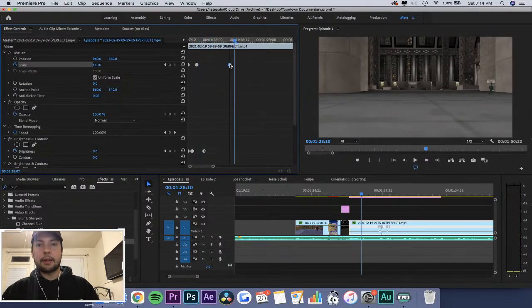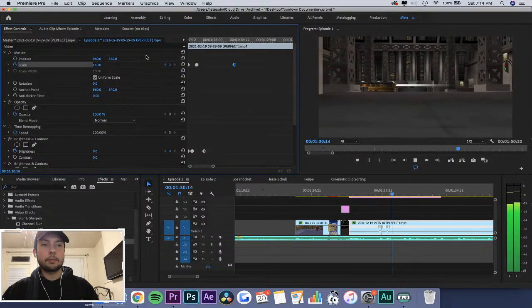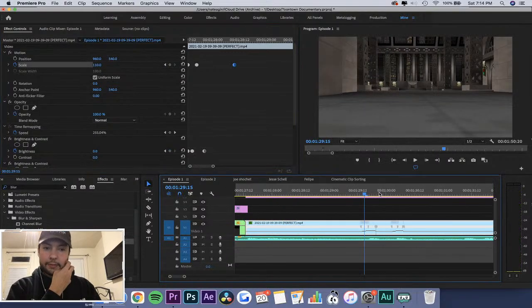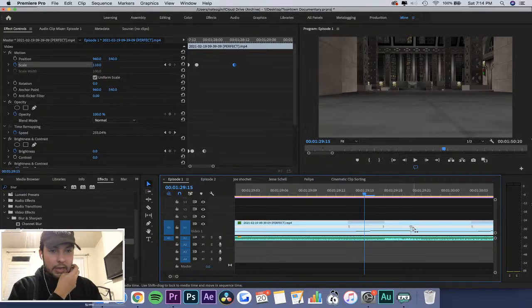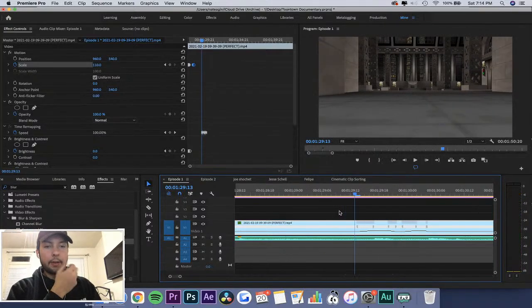Okay. Just need to smooth this out near the end a little bit. There we go. Oh man, that was rough. I think if I do this, so basically what that's doing right there is smoothing out the speed.